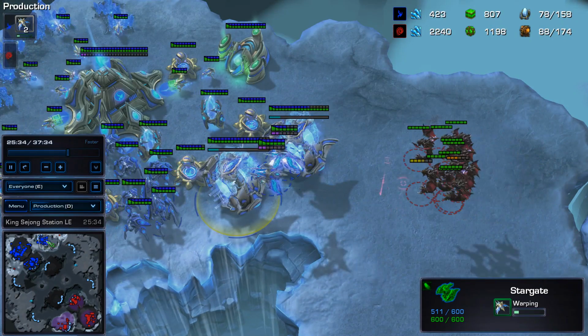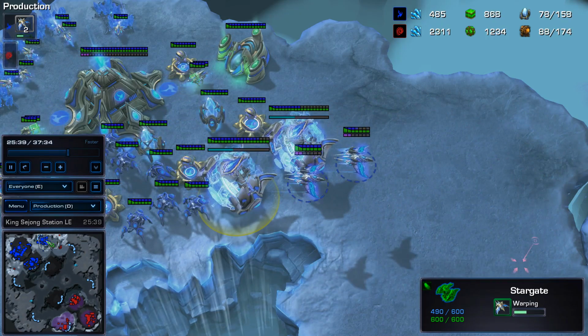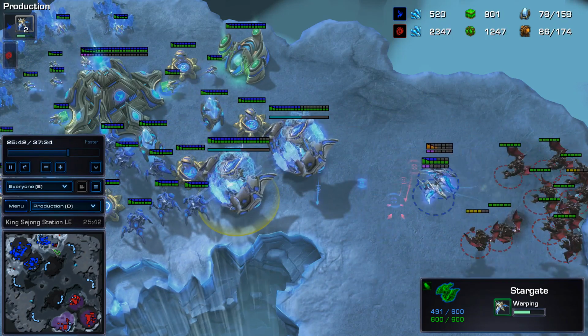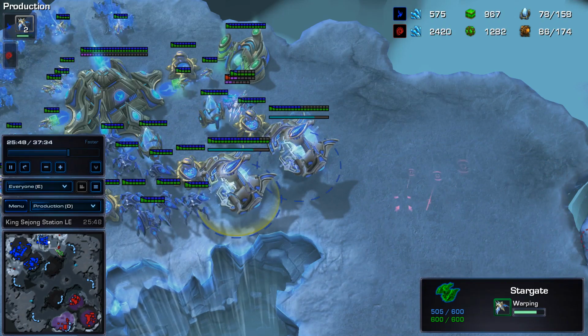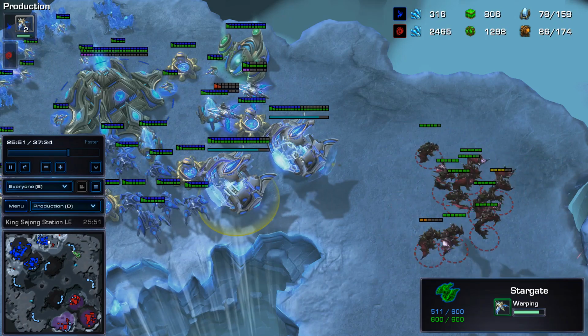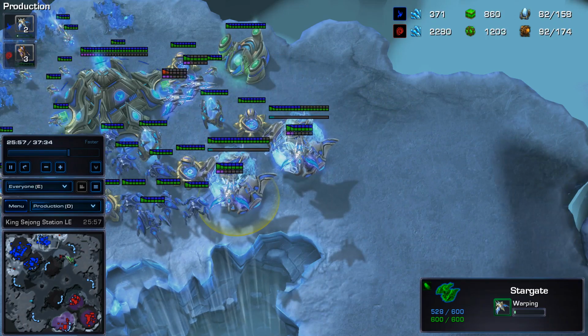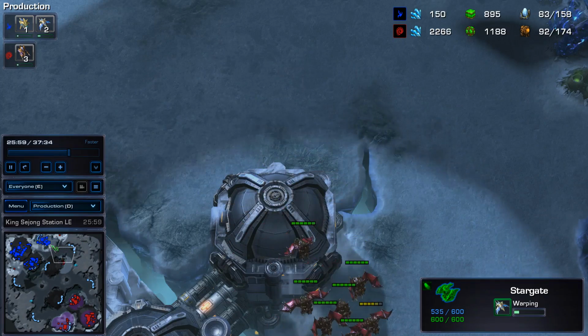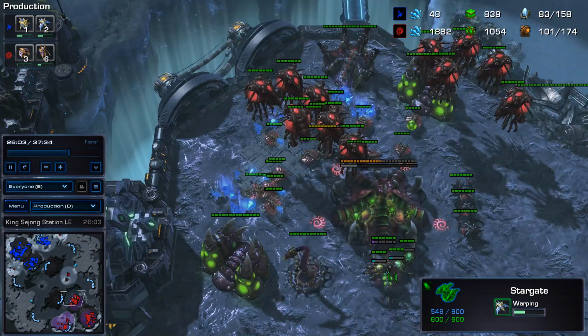So, more Phoenixes are out. But it's the kind of thing where I can't chase Phoenixes down. I kind of have to back off. Yeah, exactly. And try swooping in. Like boom, there we go. So I like the Phoenixes. I would like to see more Stalkers and more probes. Yeah. If you can just do a Phoenix Colossus Stalker, that's going to be really strong versus anything Queen